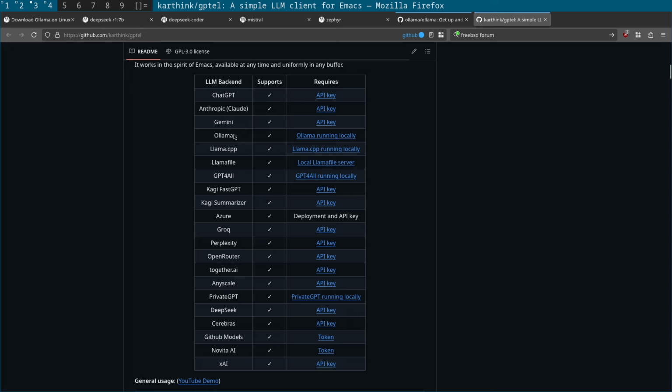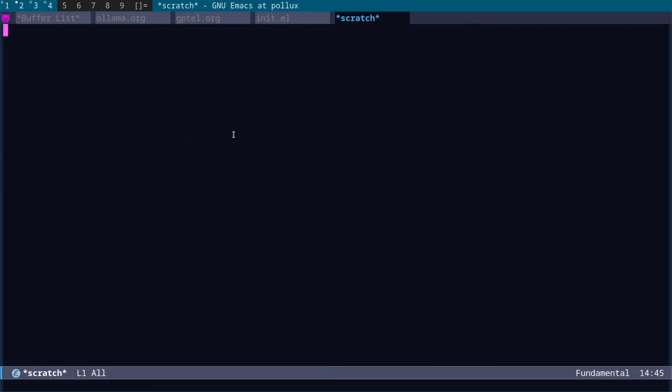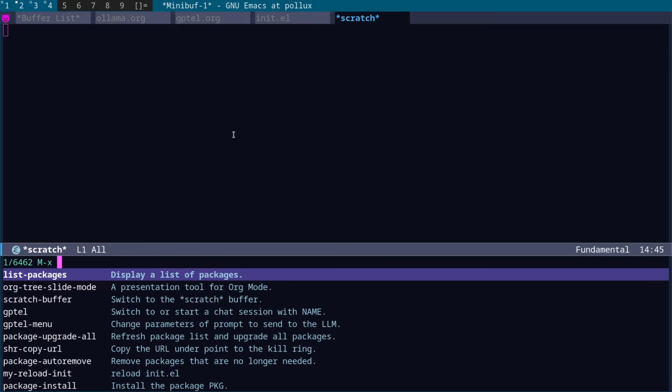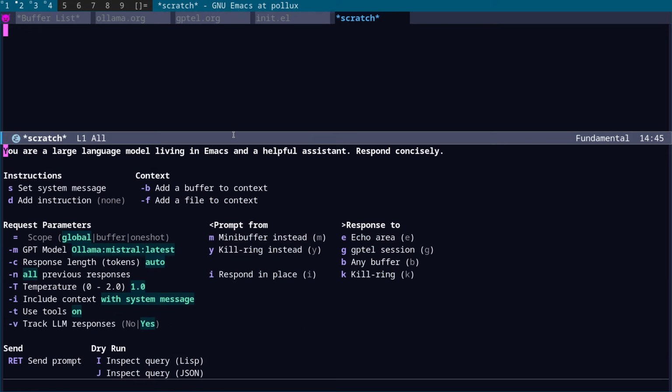So what we'll do is actually take you through the setup for gptel, and, well, let me show you what it looks like first of all. There are a couple of commands that I need to take you through. So first of all, if I come to gptel menu, I think it is, that is going to bring up this